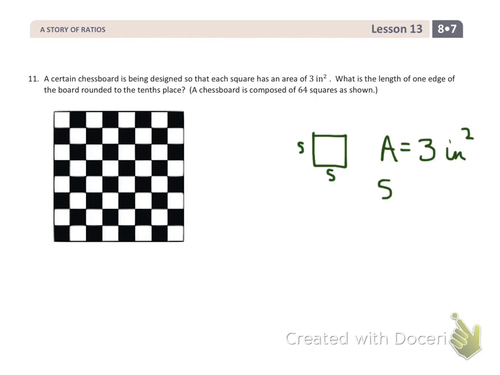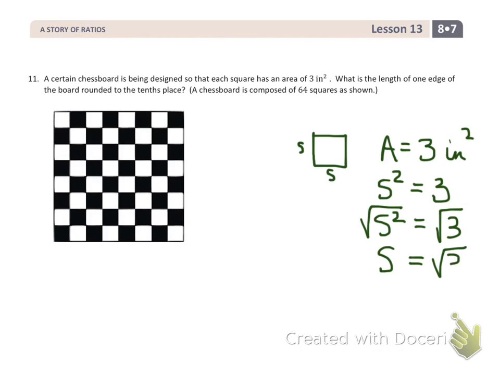That would be S squared is equal to 3. And so I want to solve for S. So remember, I can take the square root of both sides. That's that property of equality for square roots. So the square root of S squared is S, and the square root of 3 is the square root of 3,